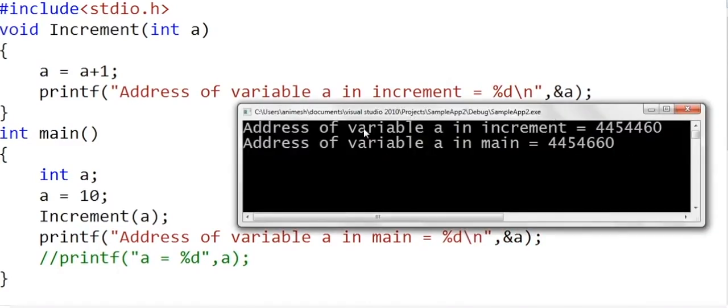And the output is address of variable a in increment method is printed as 4454460, and in main it is equal to 4454660. These two look similar, but they're not the same. One is having 4460 in the end and another is having 4660. What the values are is not important. What the addresses are is not important. What's important is that these addresses are different. If the a in main method and the a in increment method were same, these two addresses would have been